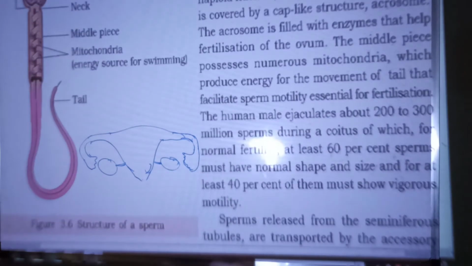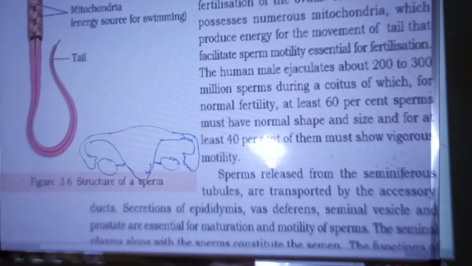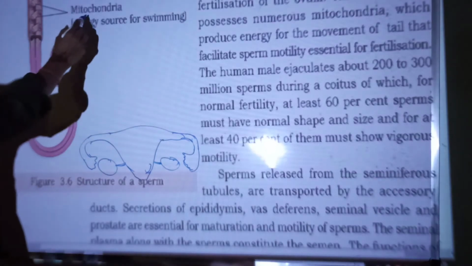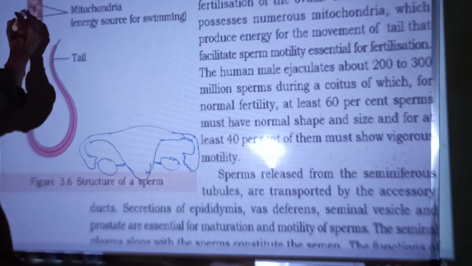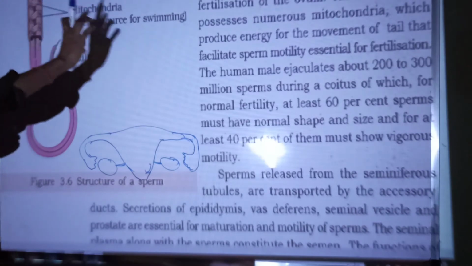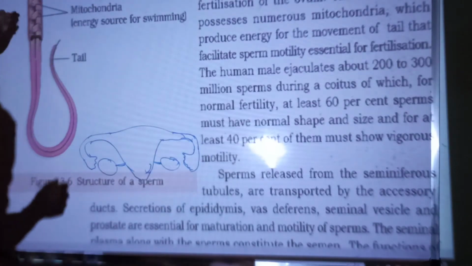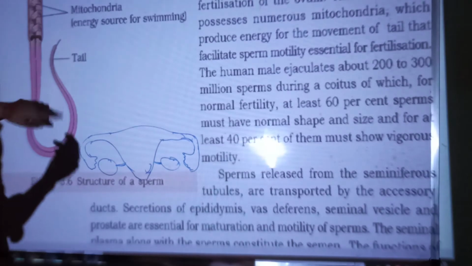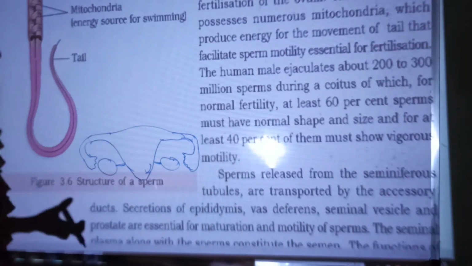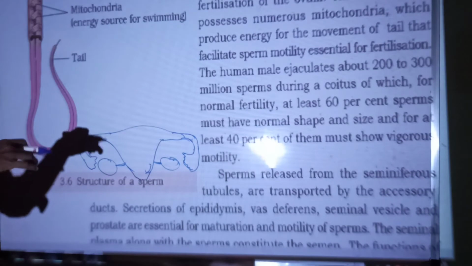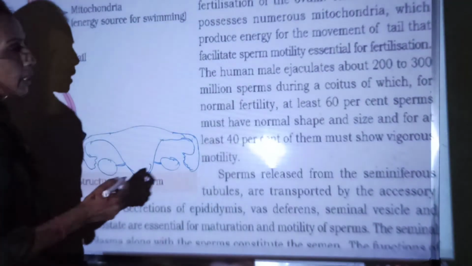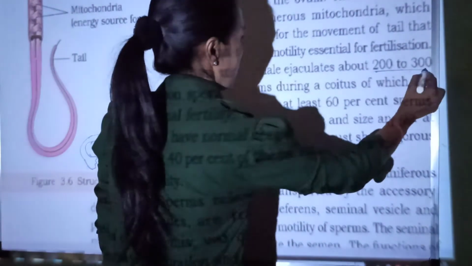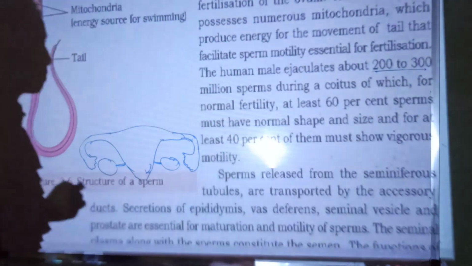For that, it needs more motility, and that is provided by the mitochondria. Okay. So numerous mitochondria should be present here in the middle piece, so as to provide energy for movement of the tail of the sperms, so as to reach faster, also survive, also reach faster to the site of fertilization. Now, on an average, a human male ejaculates about 200 to 300 million sperms during coitus,